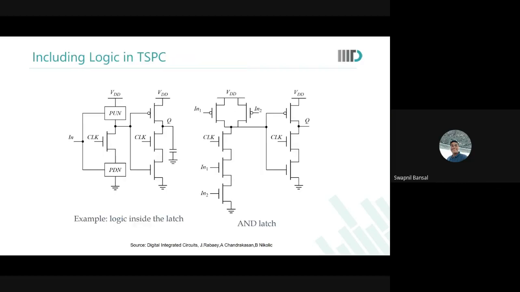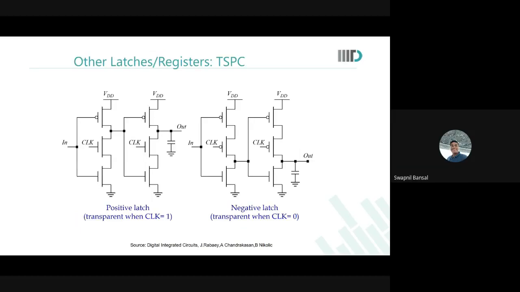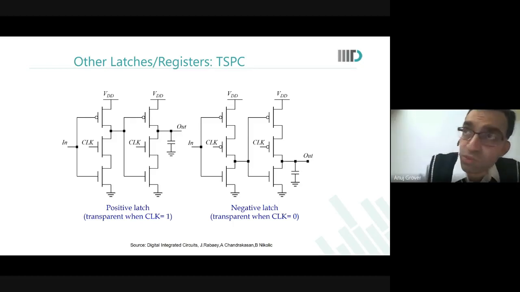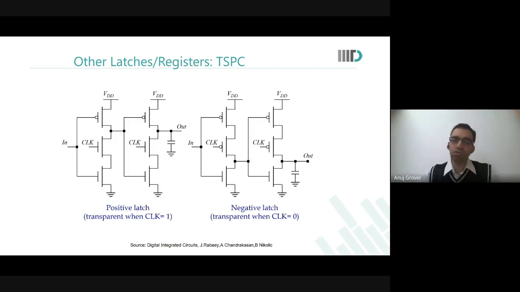Sir, but if the clock goes low, as in this case, let's say the latch case, if our clock goes low initially, then our output would be charged to VDD, right? Because that would be getting the VDD path over here in the second. No, latch is level sensitive. So when the clock goes to low, then my output will be fixed to whatever it is.